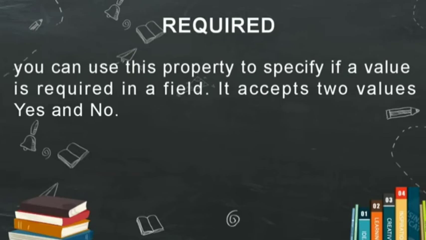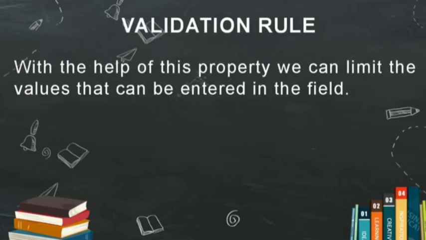If it is yes, then it is compulsory to enter a value in this field while entering a record. Now the next property is validation rule. It is a property which helps us to create an expression which is tested against the data entered. Basically, it applies a condition in the column. If the data you are entering satisfies the condition, then the data is correct, else incorrect. The data entered will be considered valid if it follows the set criteria, otherwise an error message will be